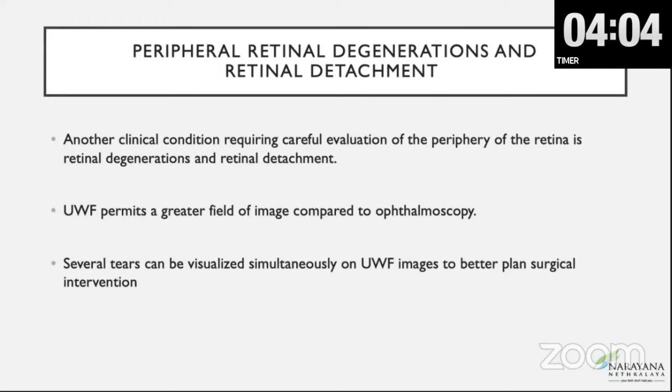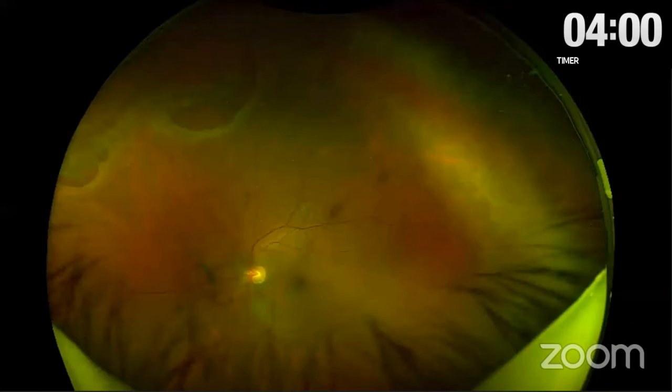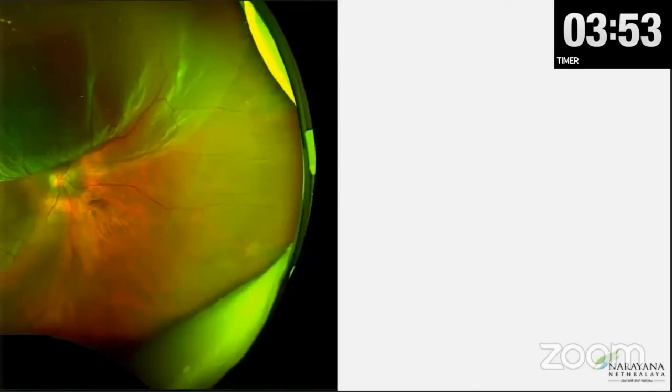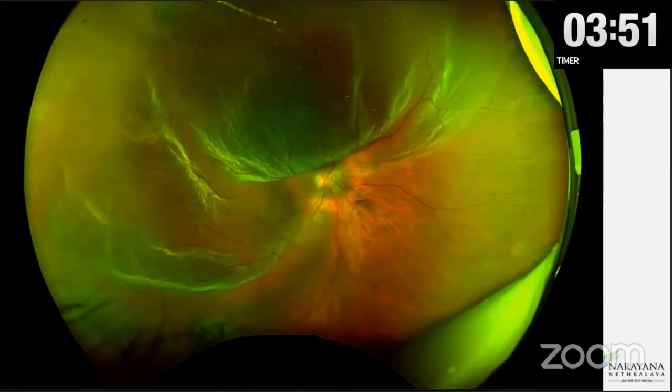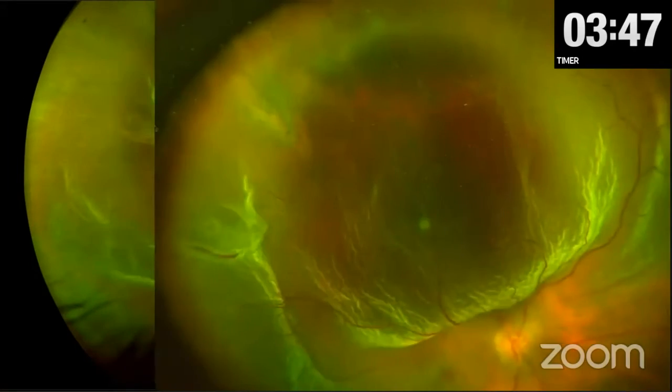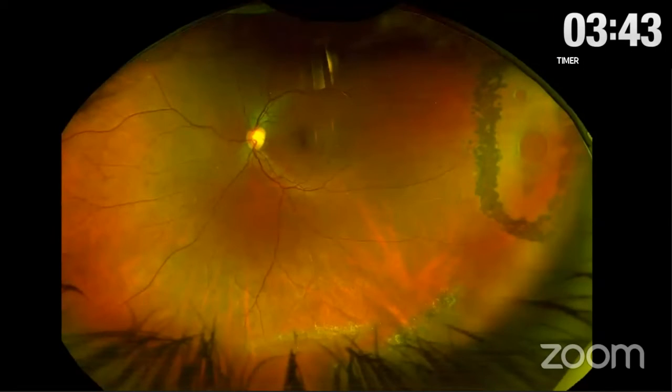I find it very useful to show peripheral retinal degenerations to our patients before treatment, because they do tend not to believe you when you say you have this tiny hole or this tear that can give rise to detachment, and then there is this factor where they can understand why this particular treatment is being done. This is a patient with a regmatogenous... where you can see clearly, and also here pre and post laser to show them that we actually did.